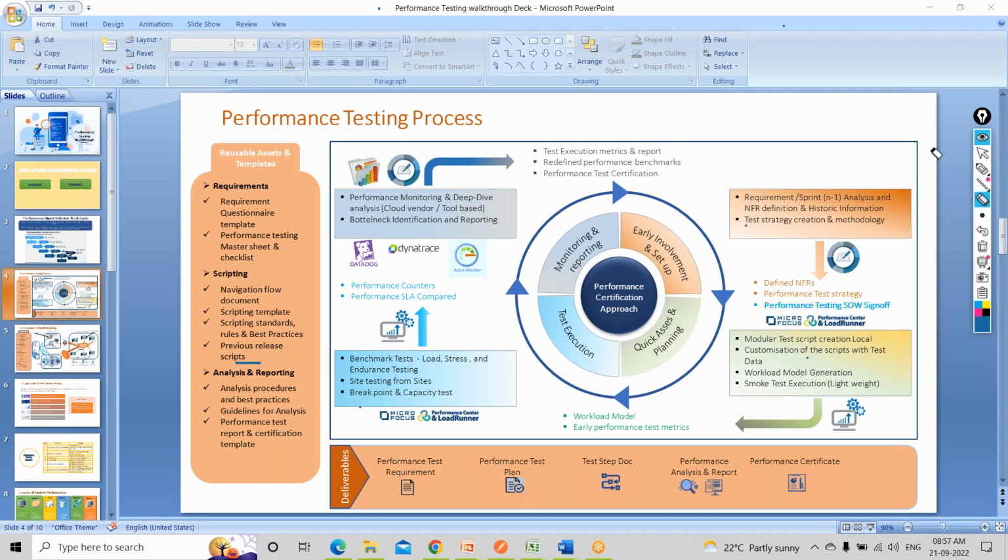And one more thing: as you said, Datadog, Dynatrace, and other monitoring tools are there, right? How will you analyze which tool is suitable for which scenario? A number of things are there. So the first thing is security.